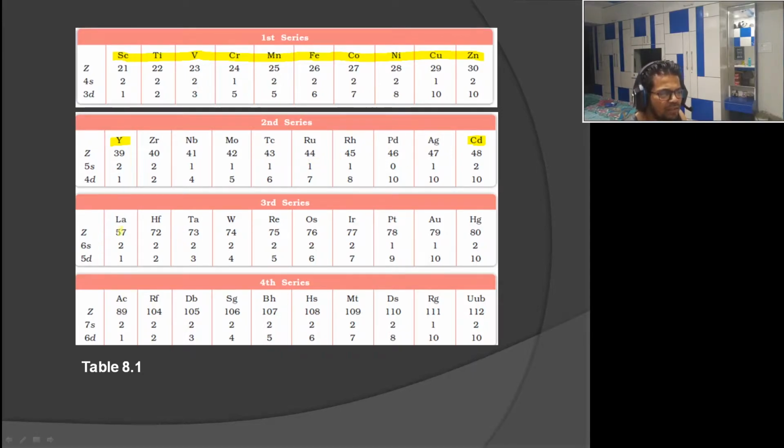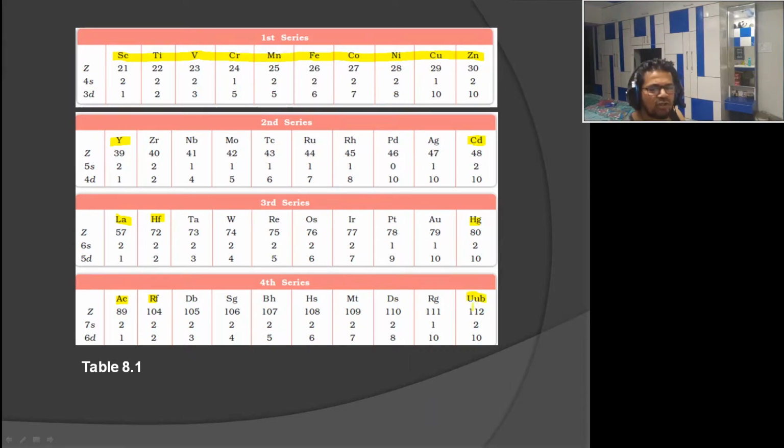Same way in the next part over there. That's the 5D series. First La, then hafnium, and then straight mercury. Then comes actinium in the last one, that's a 6D series, then rutherfordium, and then finally UUB, or the name